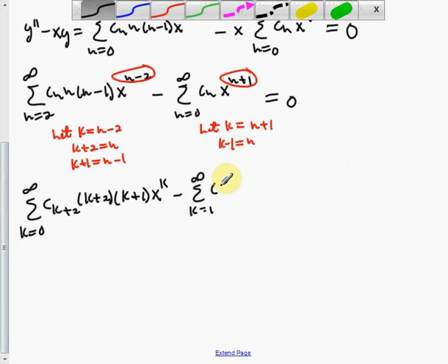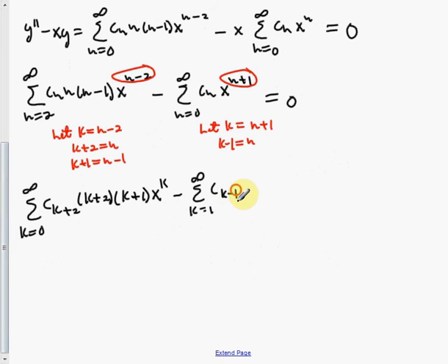So this is c sub k minus 1 times x to the n plus 1, but n plus 1 is k, so this is x to the k,